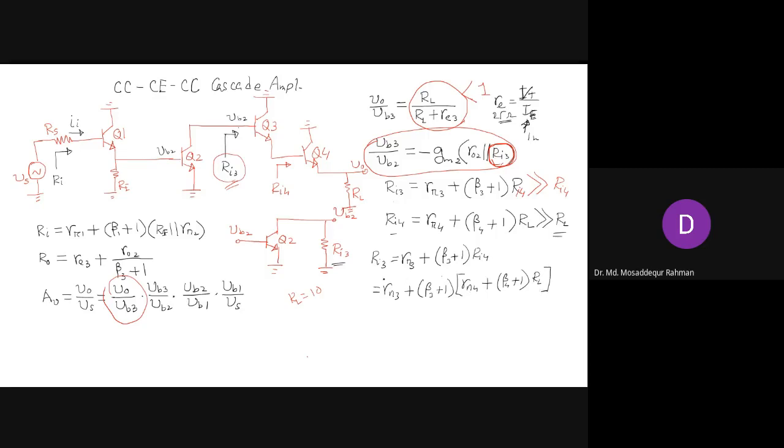So we can ignore this one, right? This is much smaller compared to this. This is a very big number. So this one we can approximate to beta 3 plus 1 R pi 4 plus